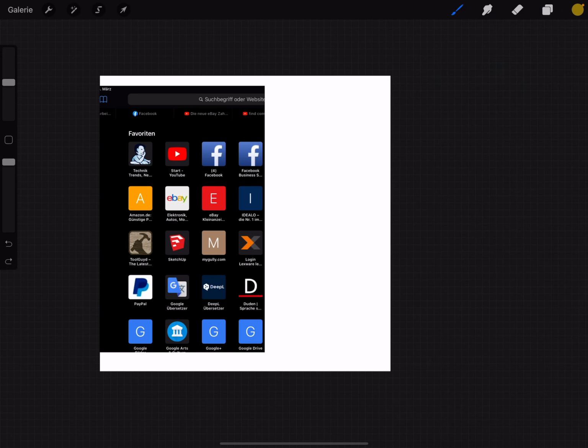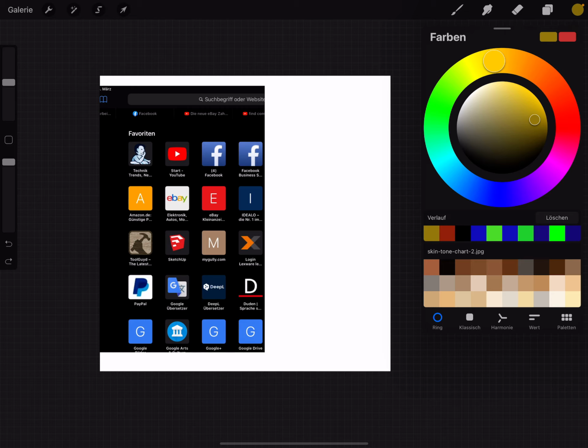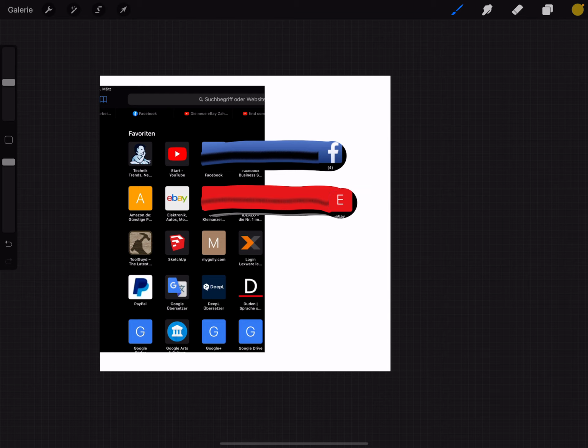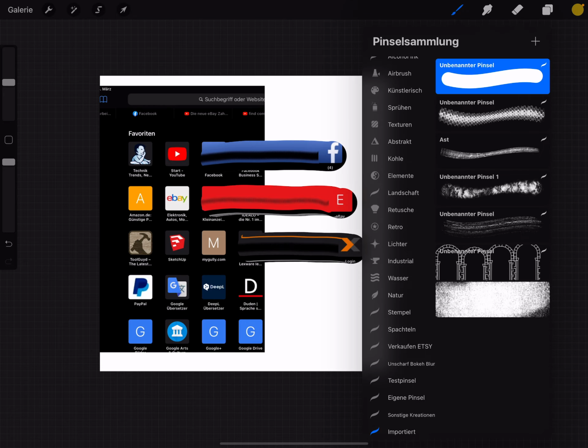Okay, I test this brush. The color is now a yellow tone. I take this and the brush makes this. It picks the colors from the shape. I show you.